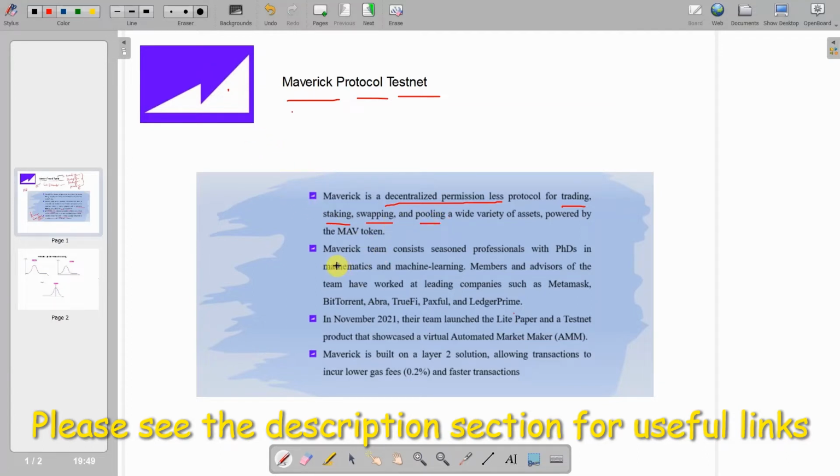The team behind this Maverick protocol is highly experienced. They include doctorates in mathematics and machine learning, and people who have already worked in leading companies like MetaMask, BitTorrent, Abra, TrueFi, Paxful, and LaserPrime. So they have a very experienced team. In November 2021, they launched their first testnet, and I'm fortunate that I did the beta testing for that testnet,